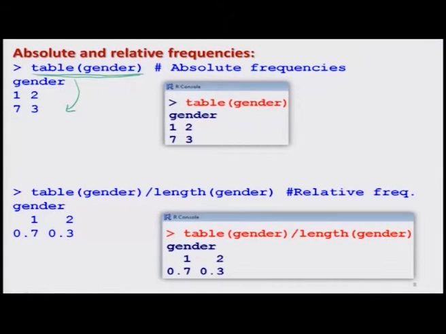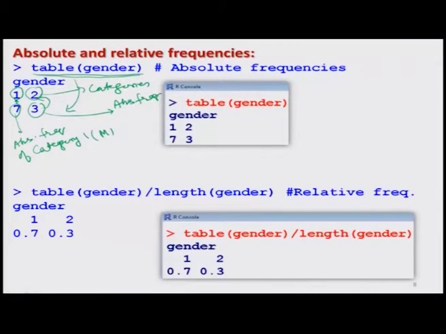The meaning of this outcome is this: these 1 and 2 are the two categories, and this 7 gives the absolute frequency of category 1, which is here male, and this 3 gives us the absolute frequency of category 2, that is here female.